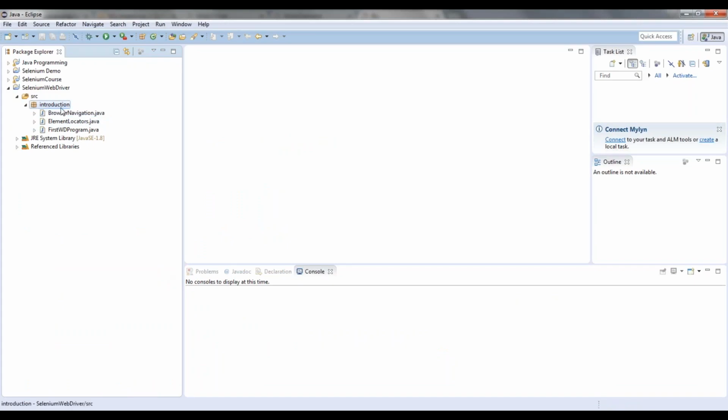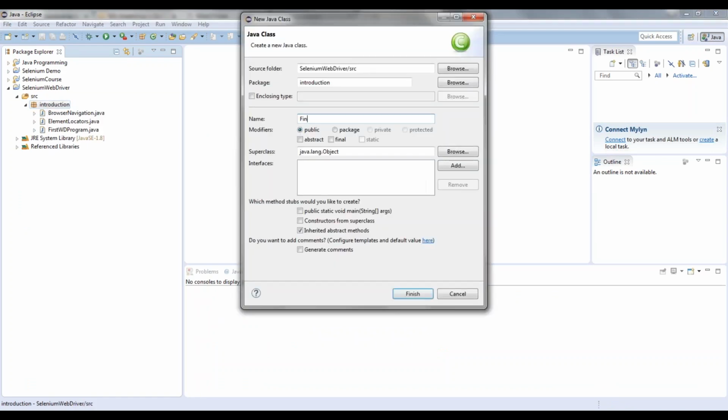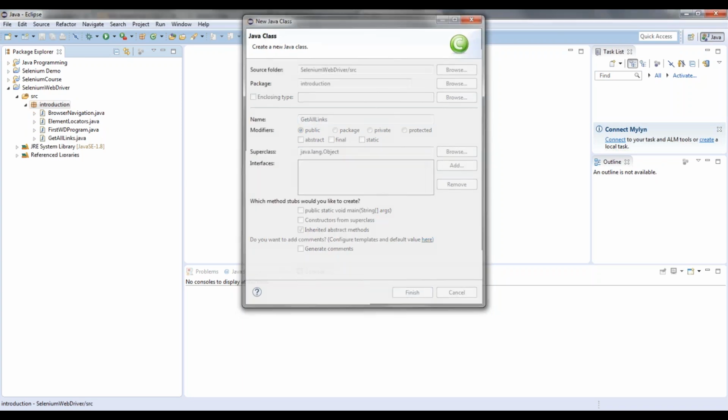So let me create one class, find elements class, or get all links, that is my class.